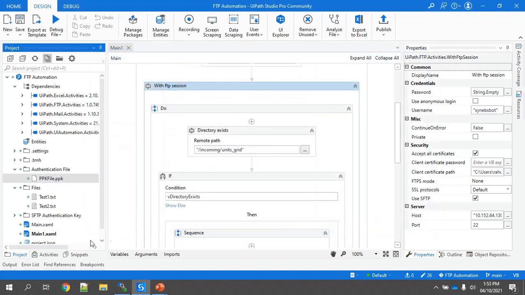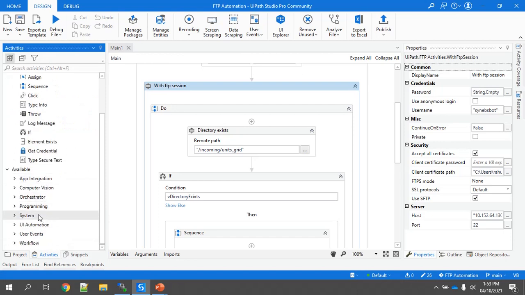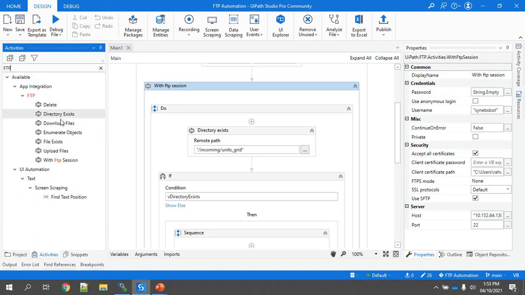Then we can use FTP related activities. These are the FTP activities where you can delete, directory exists, download files, file exists, upload file, with FTP session. So these are a few activities that have been provided.